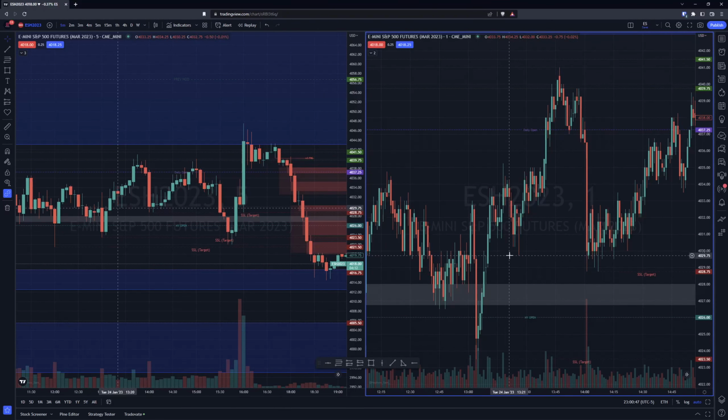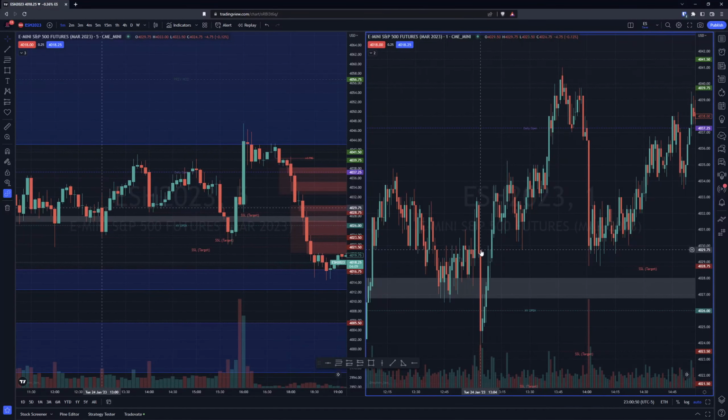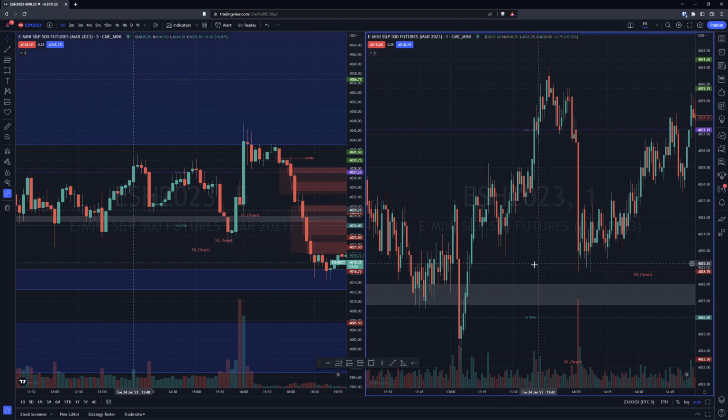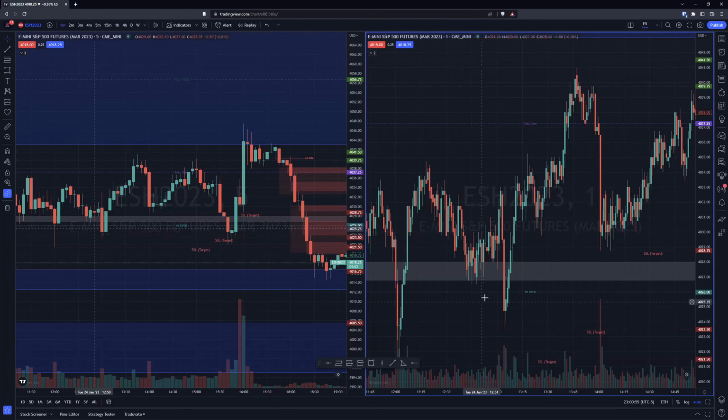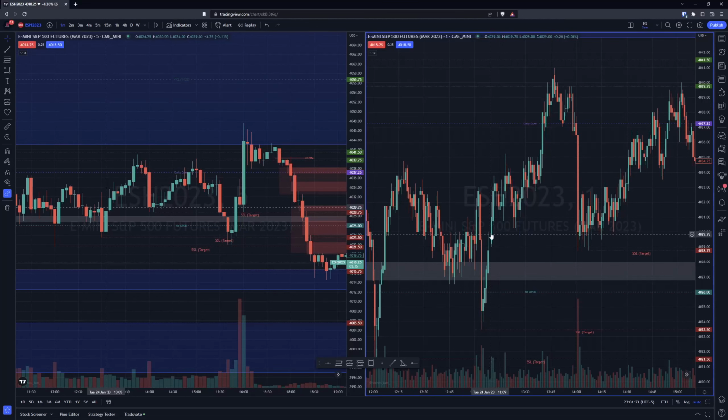right? So if you see here, right at 1 o'clock, we had a raid of a high, swing high, come down, and this target I put on afterwards. It's not like it hit a target here. Come down, take some lows out, and then a pretty aggressive move up to take that new high out, right? Within that, we have a gap.